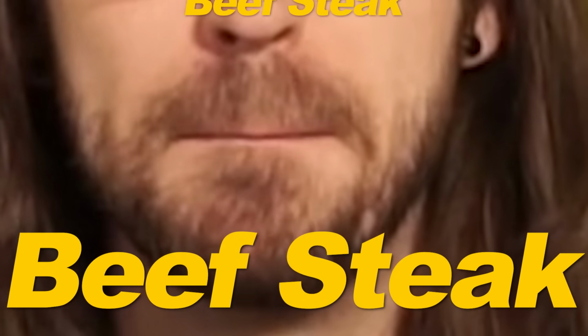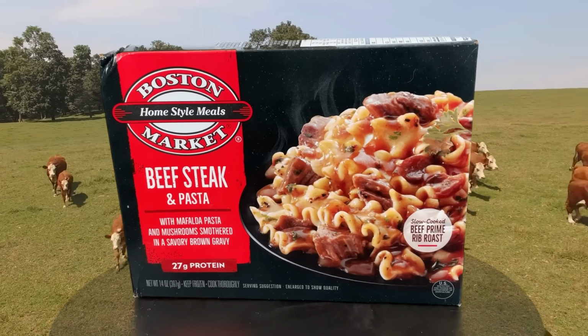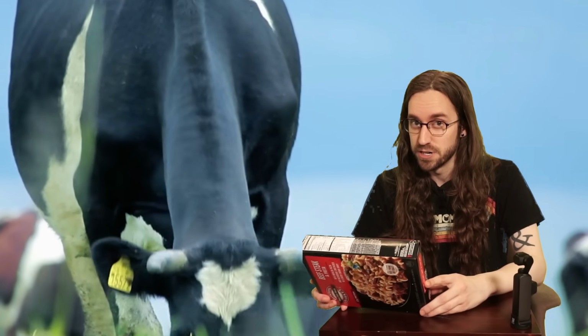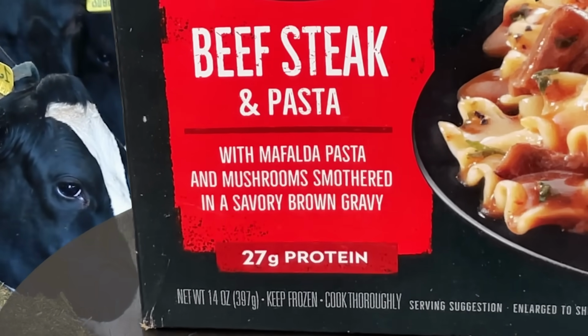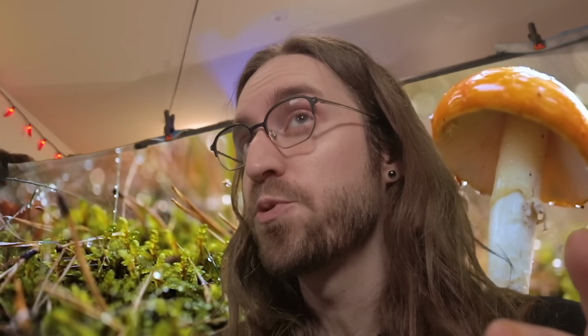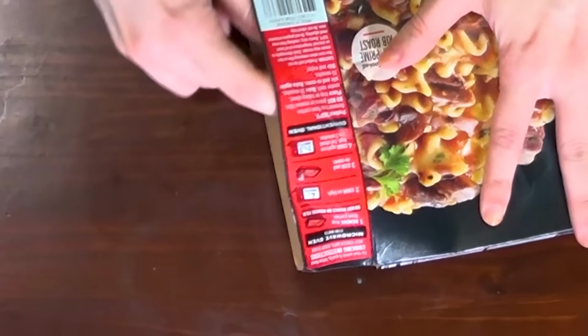Beef steak! Beef steak. Beef steak and pasta. Everybody loves a good beef steak and pasta. What is the difference between a beef steak and steak? Not sure. Maybe it's just for clarification. So it's not a pork steak, it's not a chicken steak. It's a beef steak and pasta with mafalda pasta and mushrooms smothered in a savory brown gravy. The feature here is slow-cooked prime beef roast rib. I'm a big fan of mushrooms. I'm a big fan of savory gravy, and I'm a huge fan